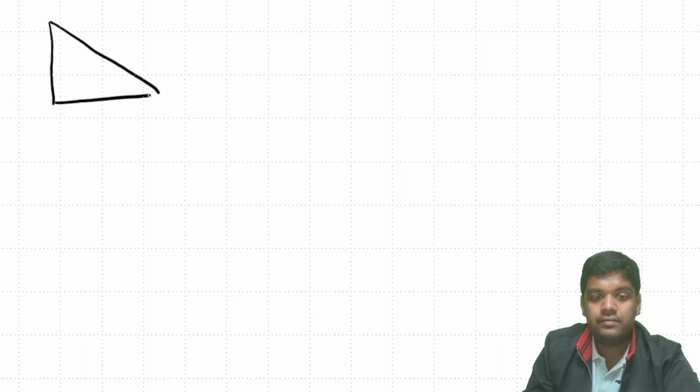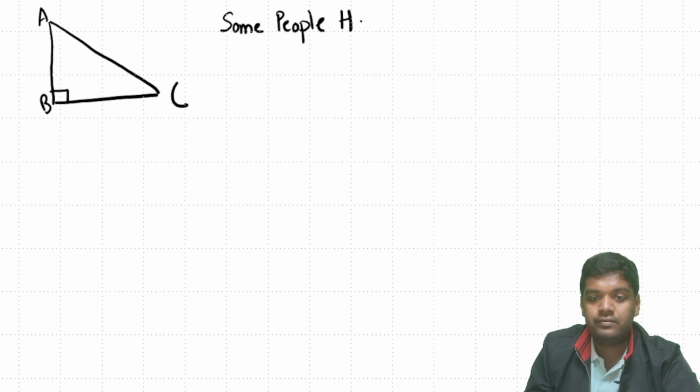Next, I want to familiarize you with trigonometry since we will be using some elements of trigonometry in order to speed up our problem solving. So I'll explain a very basic idea of trigonometry. Let's say this is a right angle triangle A, B, C, where angle B is 90 degrees, right? Now, there is an important line to memorize some of the terms used in trigonometry, which is: some people have curly black hair